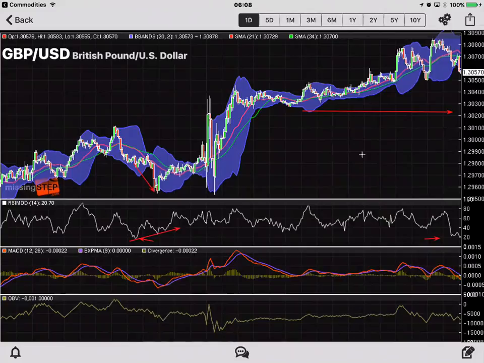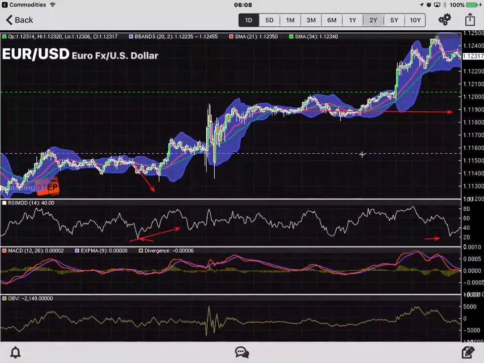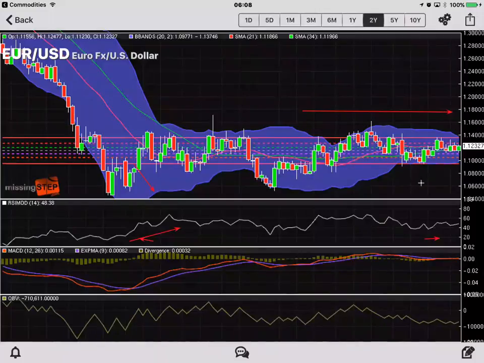Okay, British pound. Euro, like I mentioned before, I like it on the downside. Dollar goes higher, euro gets sold off. It's the biggest part of the basket, the dollar basket. As of right now, though,